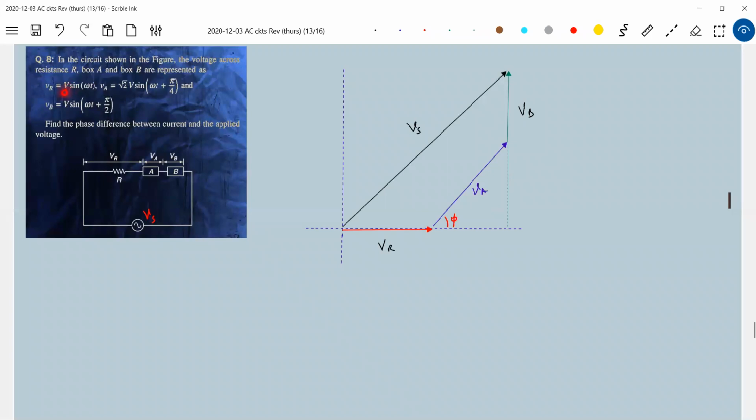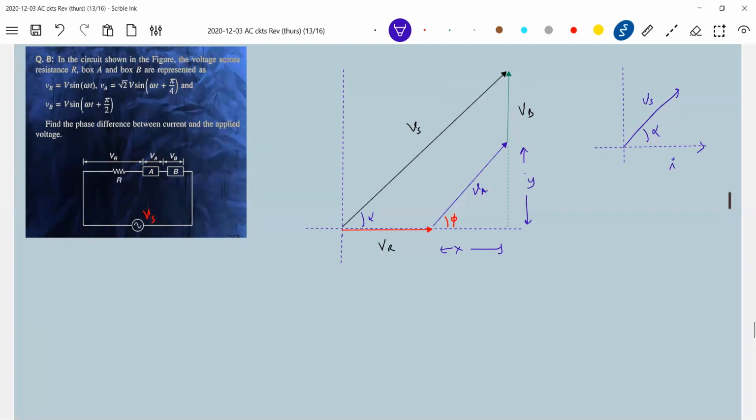He's asking only the phase difference, no? Yeah, no need of this one again. So we know this is root 2 V and V. The values, okay, this value we will calculate. Let me take this as Y. This is X. And how will the current flow? The current has to flow here, no? I'll bring another diagram. There's a current and this is the applied voltage. He's asking this phase angle. Let me call it alpha.